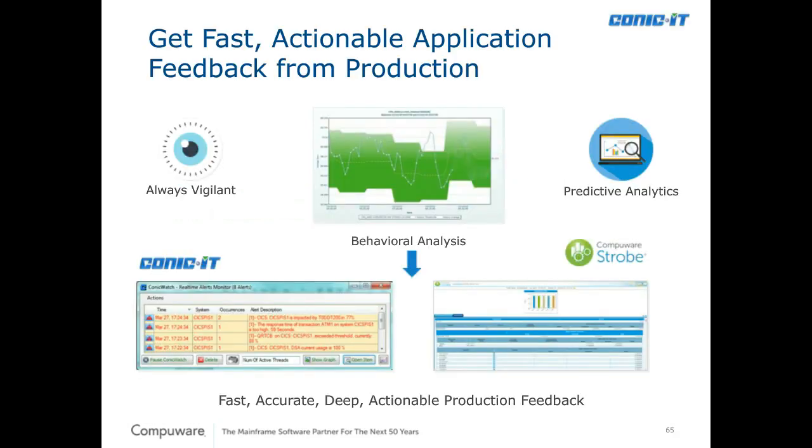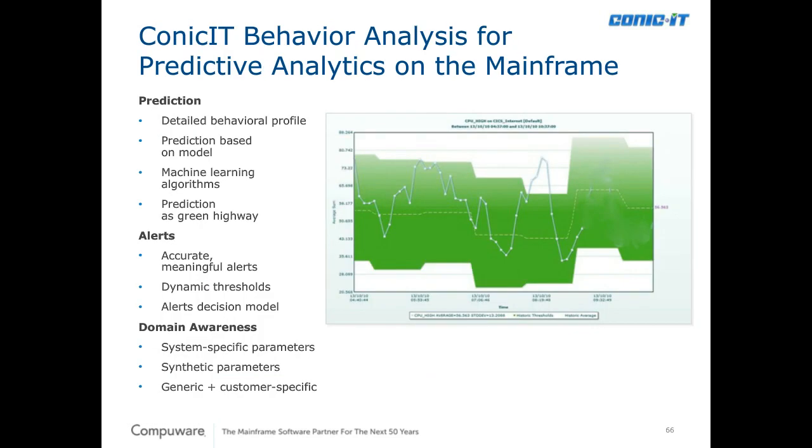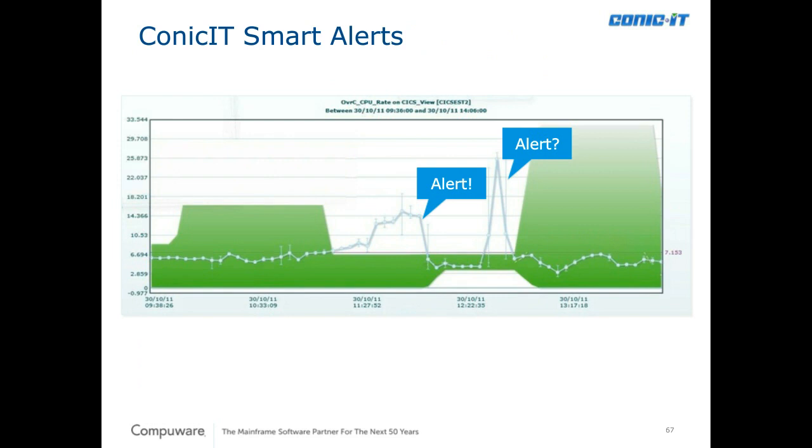So we want to do some kind of action when this happens. And ConicIT does a lot of self-learning. It can set dynamic thresholds, and it can determine when something is running outside where it normally is expected to run. And you know, it's smart enough to know when something is really an alert and when something is just